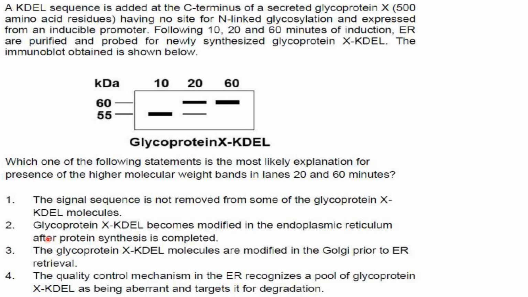Now next one. Glycoprotein X KDL become modified in the endoplasmic reticulum after protein synthesis is completed. If that was the case, then at 10 minutes also you should have got a higher molecular weight band, that is at 60 kDa. But that is not happening. The glycoprotein X KDL molecules are modified in the Golgi prior to endoplasmic reticulum retrieval. That is correct. Why? Because